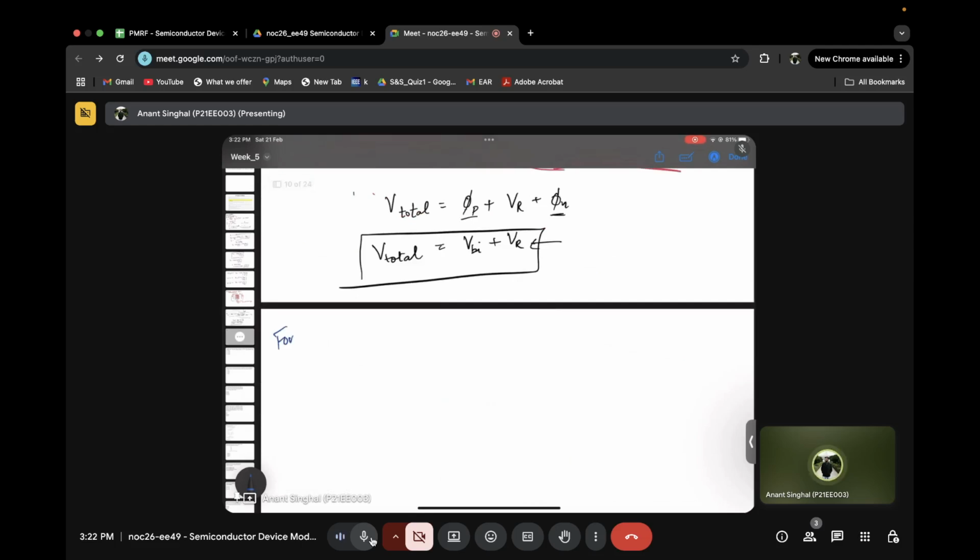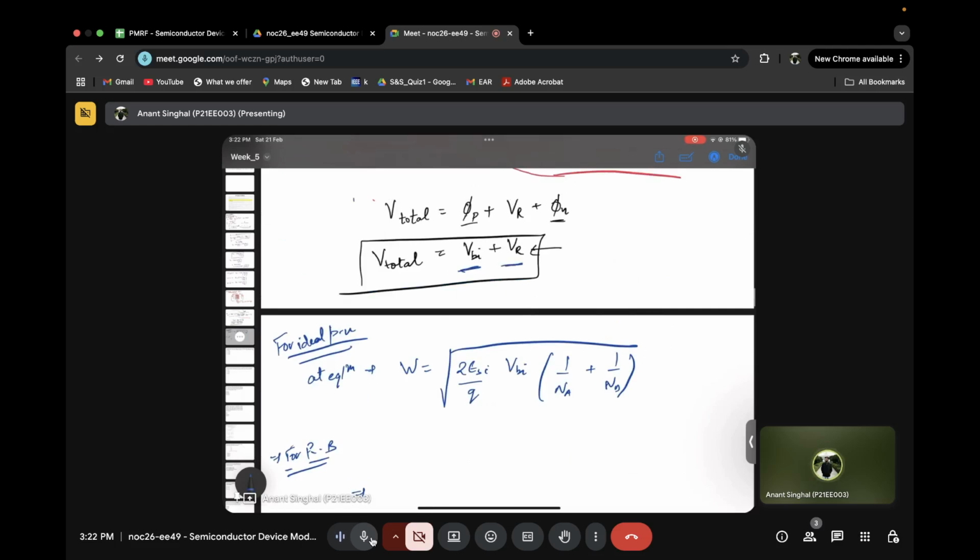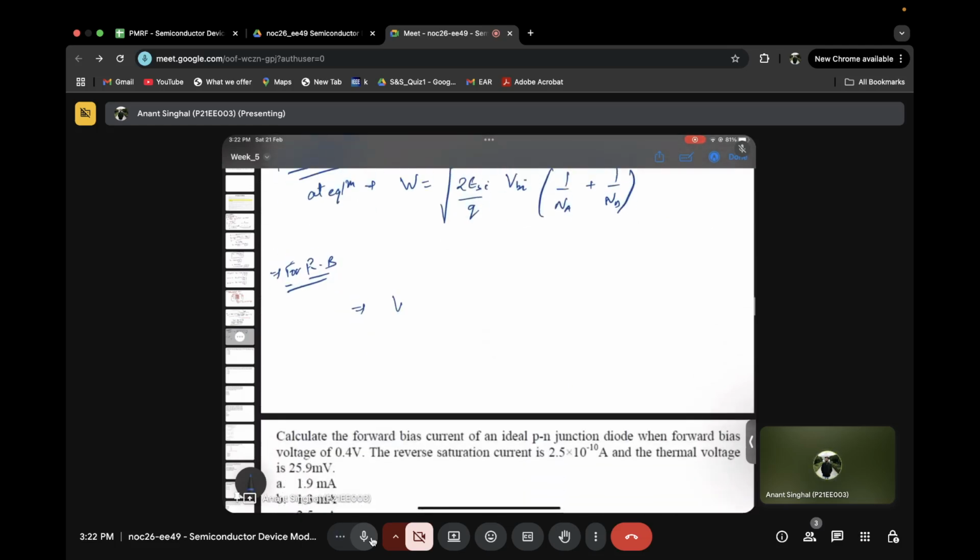So if you remember, for an ideal p-n junction, that means at equilibrium, we also derived a formula for W, which was 2 epsilon Si by Q, VBI, 1 by Na plus 1 by Nd. So now this is the same for reverse bias. This will change because the overall VBI has now changed to VBI plus VR. So your W will change to,